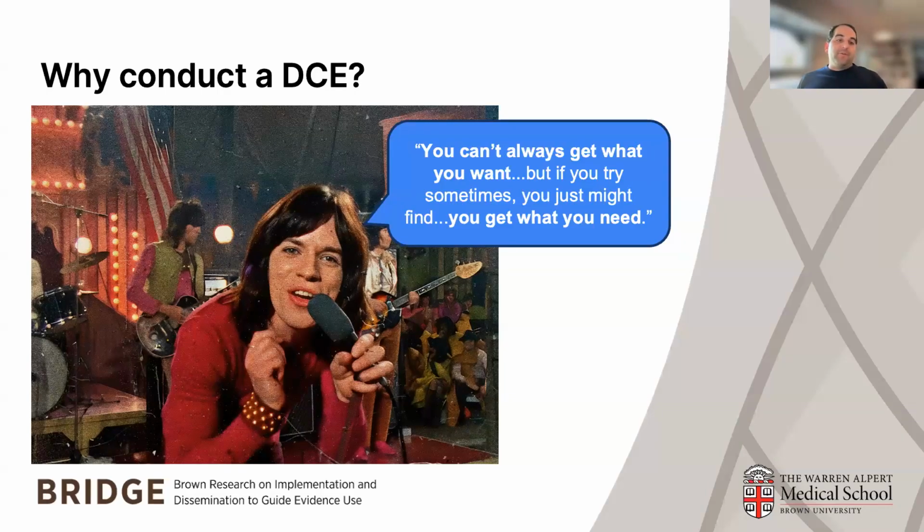We do not operate in a world of unlimited resources. And so we have to think very intentionally about what it is that may drive someone to either uptake a product or a service, or alternatively, what things may be more impartial to individuals. So what are things that people actually in practice don't really care about? And then lastly, what are things that may drive people away from our products and services? And so these are all reasons to think about using discrete choice experiments and other DCEs in the public health